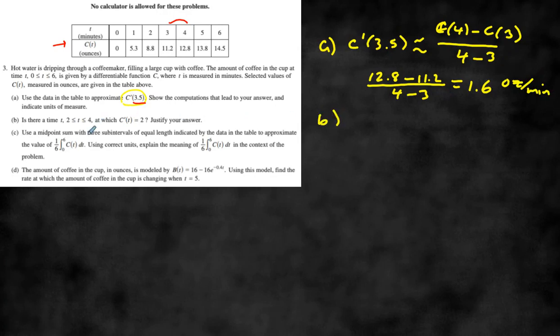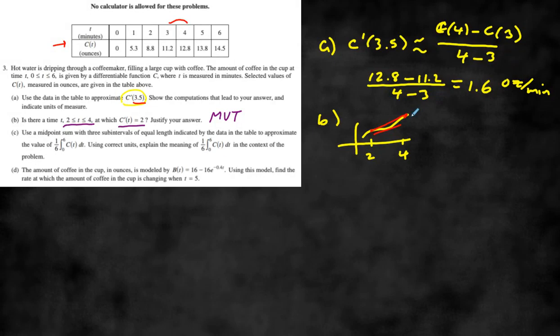Part B asks us, is there a time somewhere between 2 and 4 when C prime is equal to 2? When you're asked whether a derivative might have a specific value in an interval, you want to think mean value theorem. If you recall, that was the theorem that said that if you have a continuous differentiable function, in this case between 2 and 4,